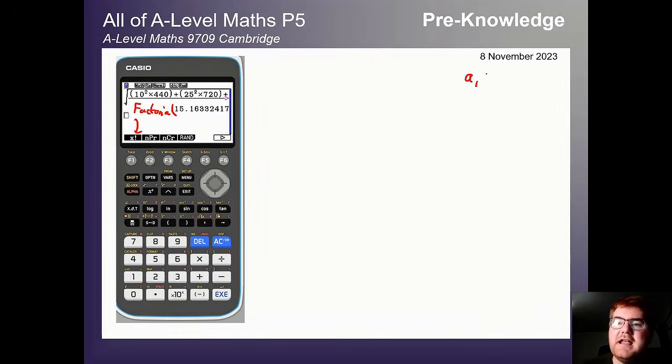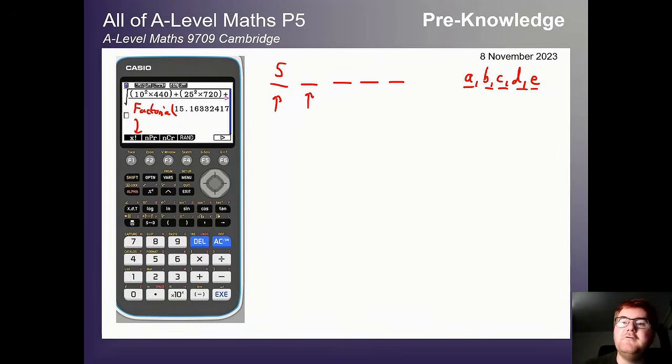So imagine I have A, B, C, D, and E. So I've got those 5 letters, and I want to find all the different ways I can put them in order. Well, if I take the first slot here, there are 5 different letters I can put in that slot. Then in my second slot, I've already used a letter, doesn't matter which letter I cross out here, and then I have 4 letters left. Next one, that's going to be 3 letters left, 2 letters and 1. So to work out the amount of combinations available here, we do 5 times 4 times 3 times 2 times